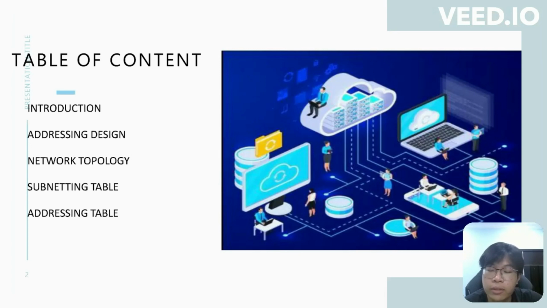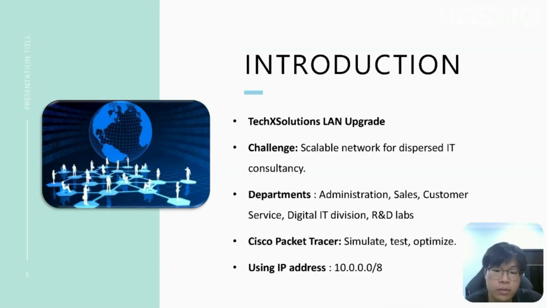So this is our table of content. We will start with the introduction. As their network engineer, we have designed a local area network to support various departments across multiple locations. These include administration, sales, customer service, digital IT division, and R&D labs. Using Cisco Packet Tracer, we have tailored LAN set up for each building, all under the IP address